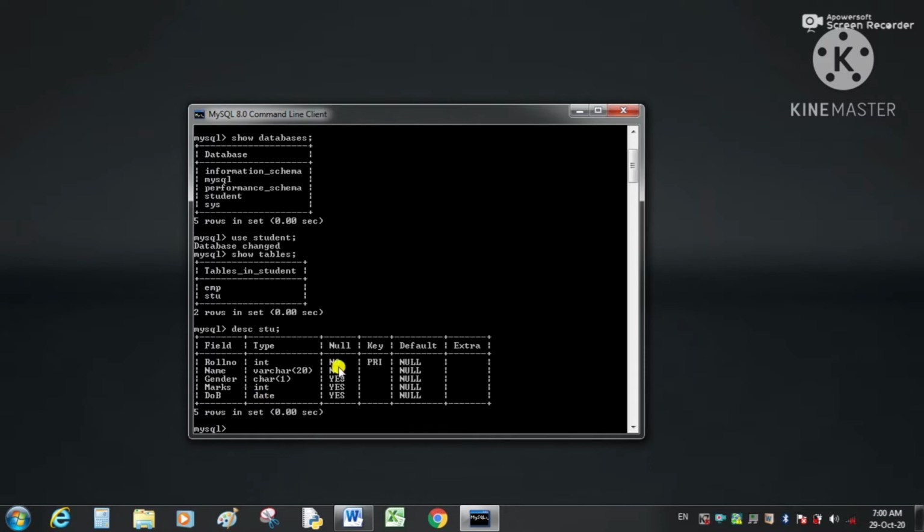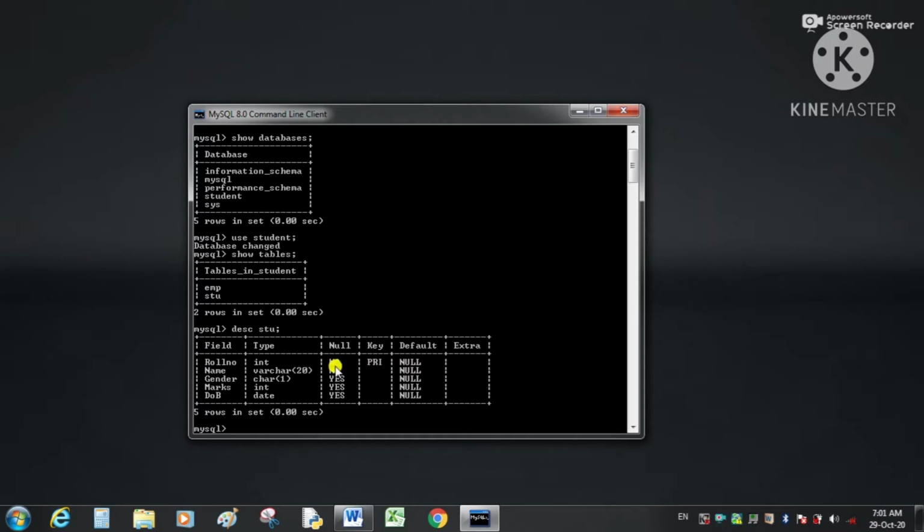Here we have applied some constraints during the creation of this student table. Constraints are the restrictions which can be applied on the columns during their creation, for example not null and primary key. We have created the roll number field as our primary key, so this roll number can be used to uniquely identify the records within the table, and we cannot insert a null value into this column.